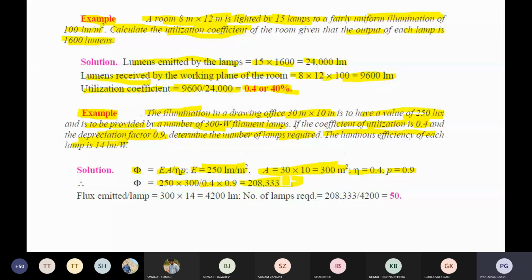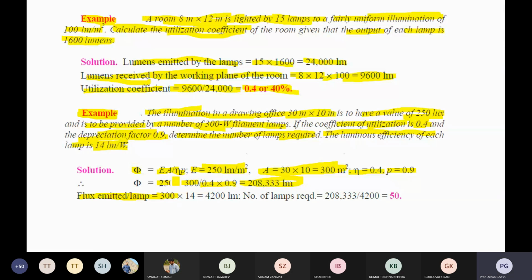Cross check that one. Then what you need to do is the flux emitted per lamp, which is given as 14 lumen per watt. So the total emission is 208,333 lumen. Now one lamp is responsible for that 300, at 14 lumen per watt, so 300 into 14 means 4200 lumen. So the number of lamps is the total value divided by 4200, so it is coming nearer to